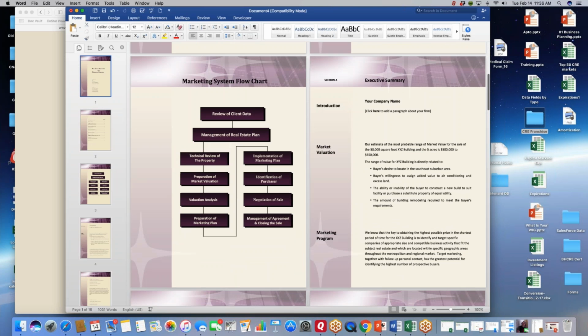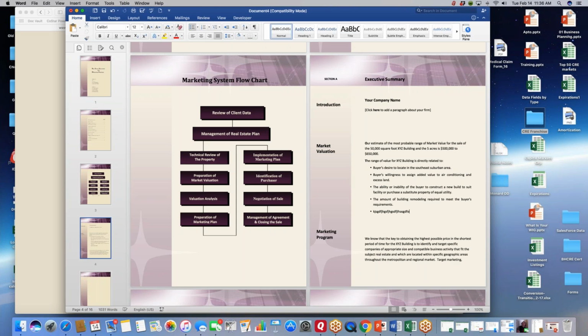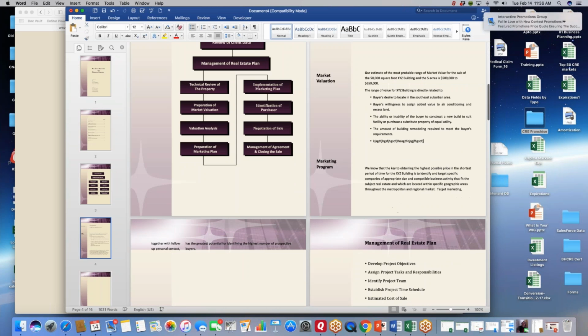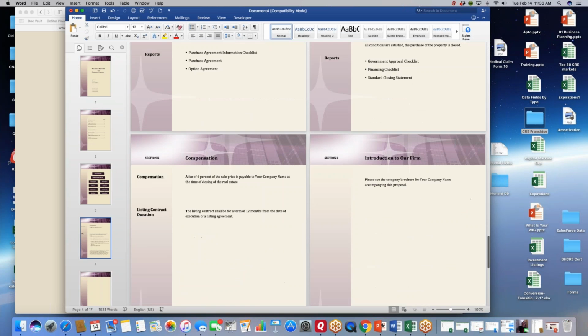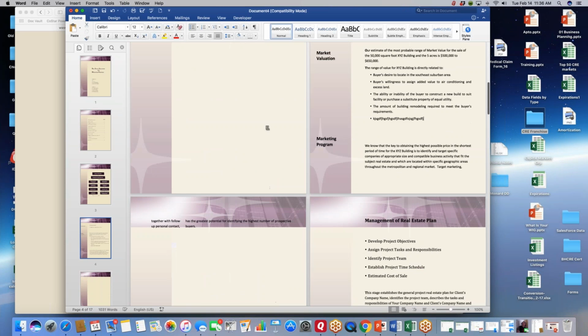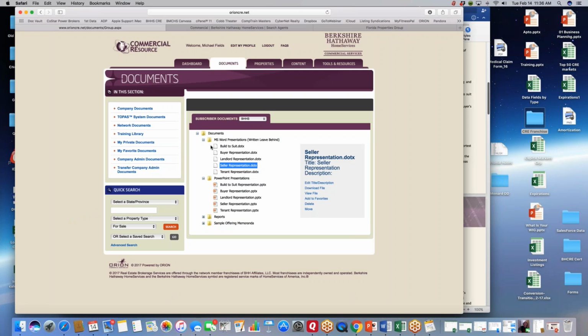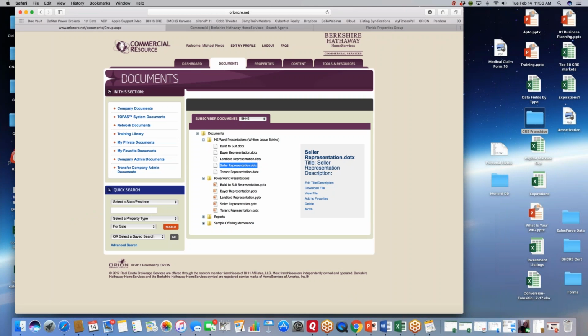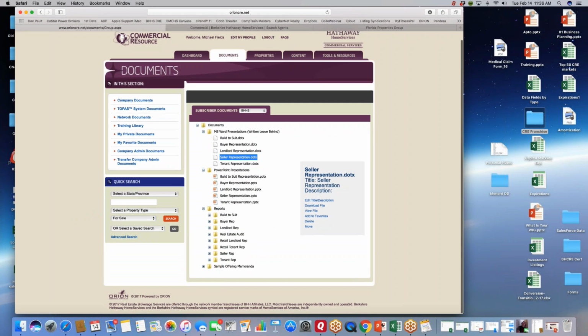And it's again, a Word document, so if you want to add something, you can add whatever you want, change it any way you want to. But in a matter of, again, another minute or so, you've got a high-level, written leave behind that's fully customizable. You can do whatever you want with it, that mirrors the PowerPoint that we just made. And we have that, obviously, like I said earlier, for buyer rep, tenant rep, seller rep, landlord rep, build to suit. And then we're always talking about the very systematic, methodical approach we have to marketing commercial and investment real